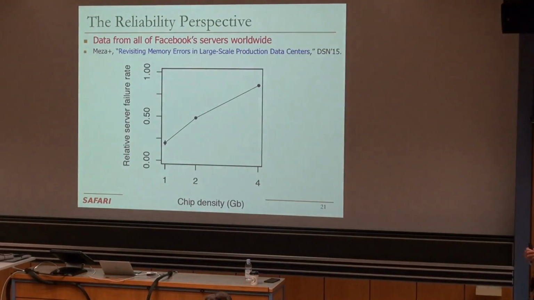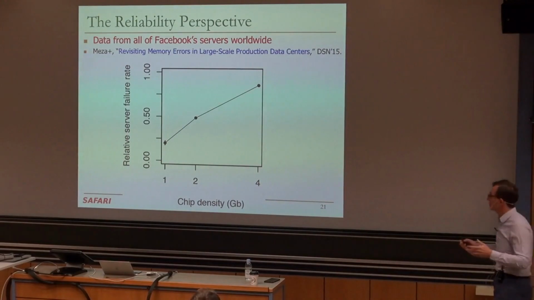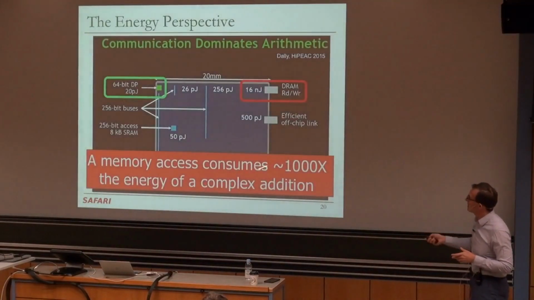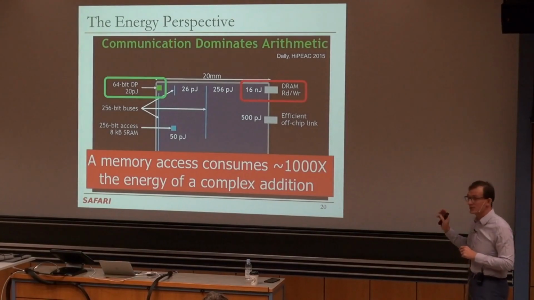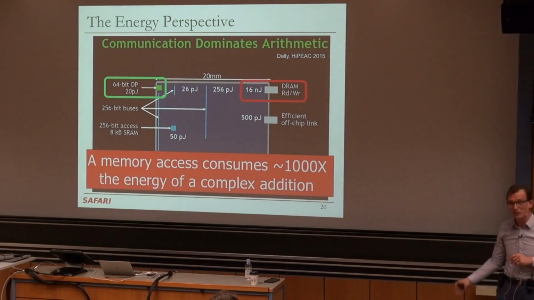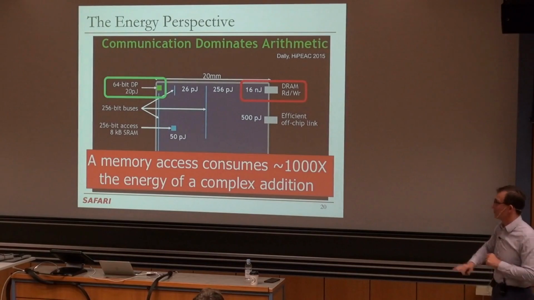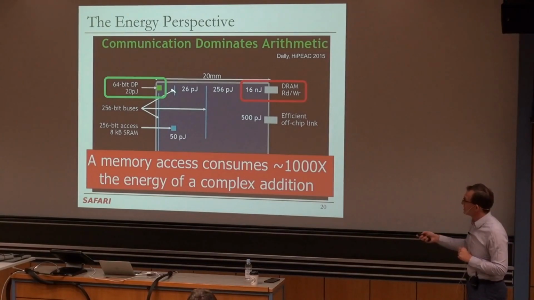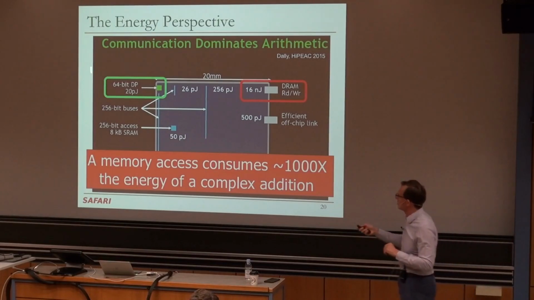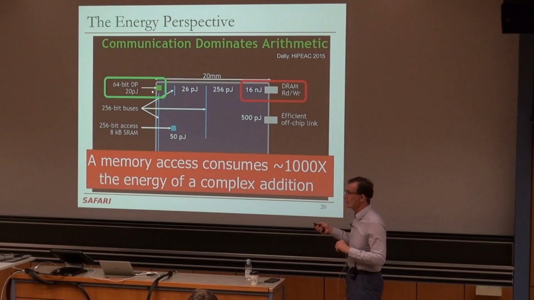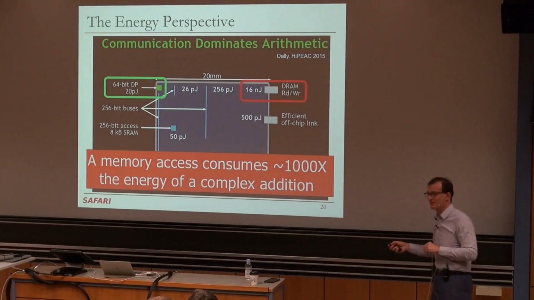Okay, so reliability perspective, another issue. So basically, energy of memory is dominating a lot of things. I'll say one more thing over here. This actually didn't used to be the case if you go back 70 years ago or so. This was actually much more complicated than a memory access. It's hard to get exact numbers, but the cost of a complicated operation was about 2 orders of magnitude worse than a memory access at that time.